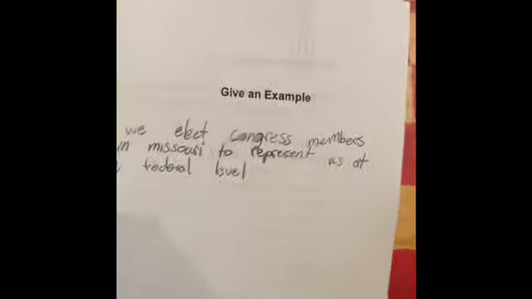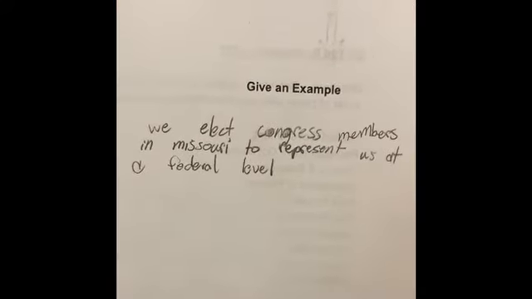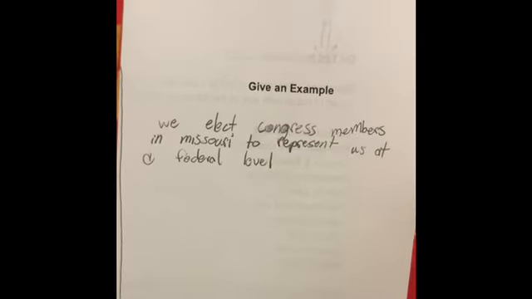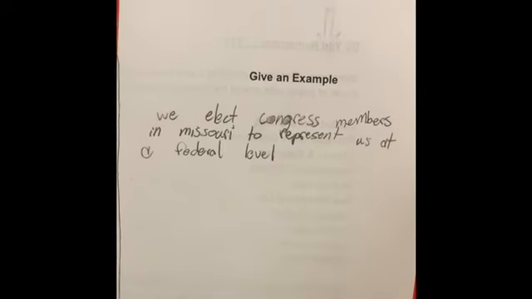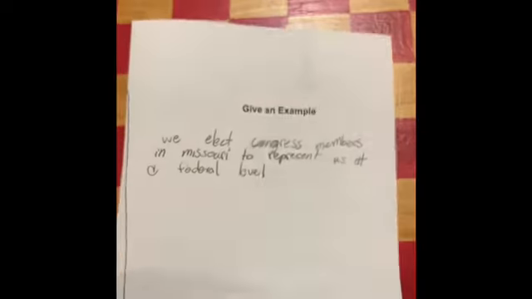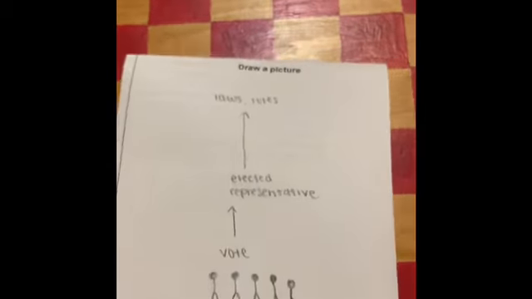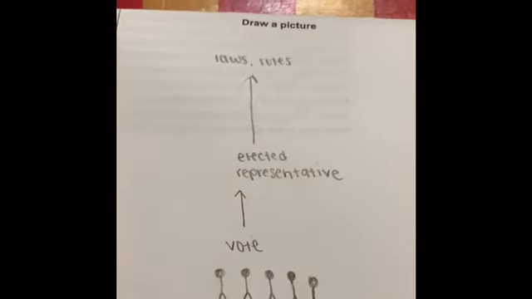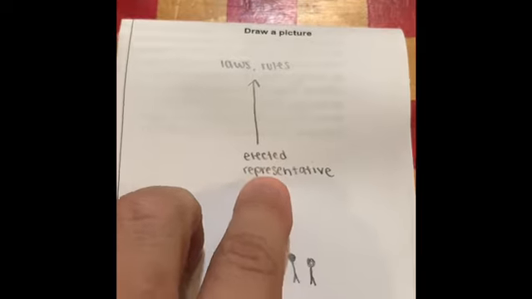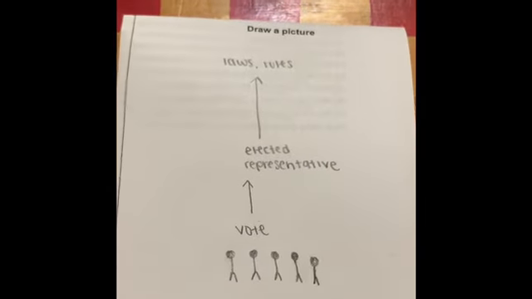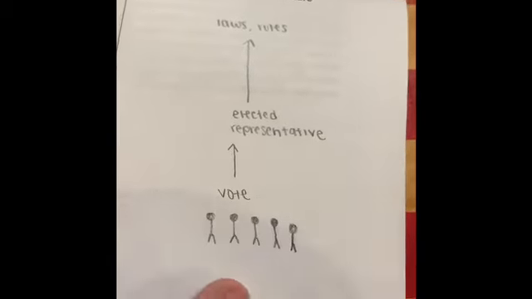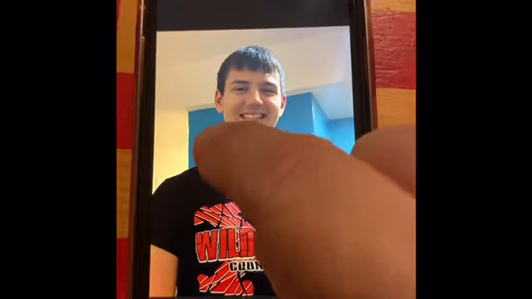When you move over to the example, it uses our state today as the example. It says we elect members to Congress from Missouri and they represent us then at the federal level. So we choose representatives to go to Washington, D.C. and make life better for all of the people in Missouri. The picture here that one of your classmates drew shows a representative government very well. It shows the people down here voting. We choose an elected representative, and then they go to Washington, D.C. or Jeff City and make laws and rules for us. This would be a good example here of a republic as well. And then here is the pantomime.